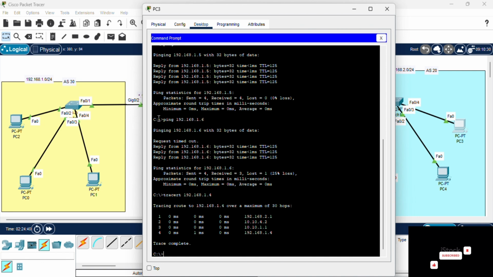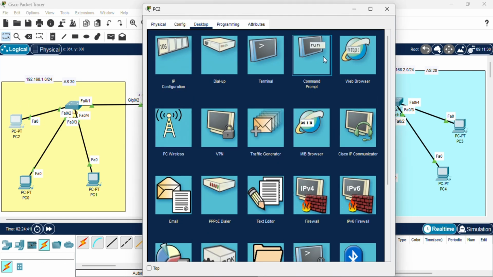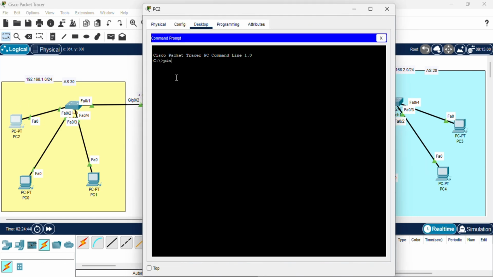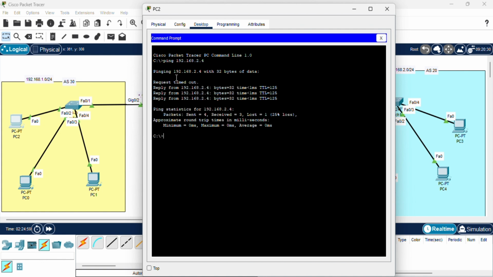So let's ping the other side. We can verify that they are both communicating. All right, go again. Yes,